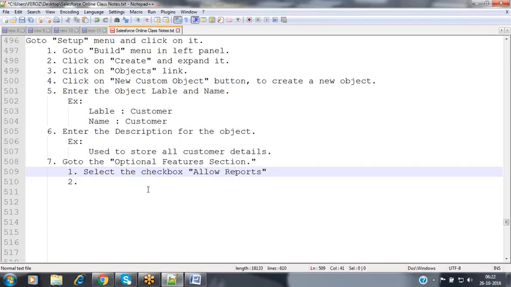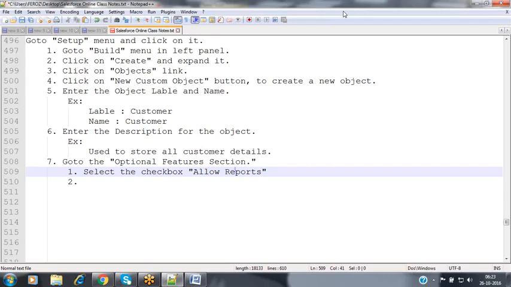Suppose for example, assume that I have some lead object, nothing but the lead table. Every day we are getting some new lead records, nothing but some people are showing interest in our products or services. Those persons are nothing but the leads. Those persons' information we are storing inside our lead object. As soon as the leads' information is available inside my lead object, as a salesperson, we contact those leads based on their contact details, convince them to buy our product, and finally convert those leads into our customers.